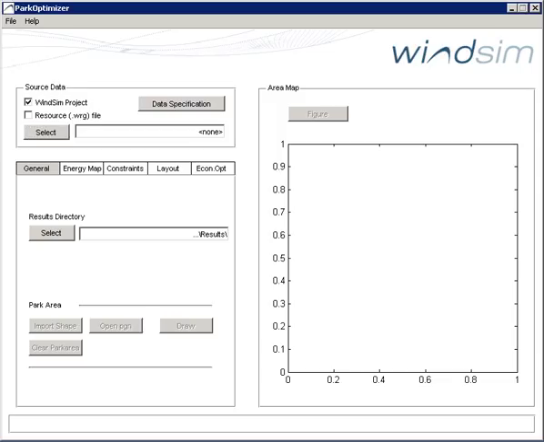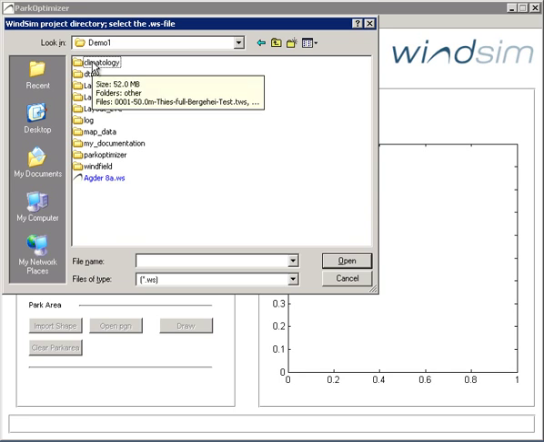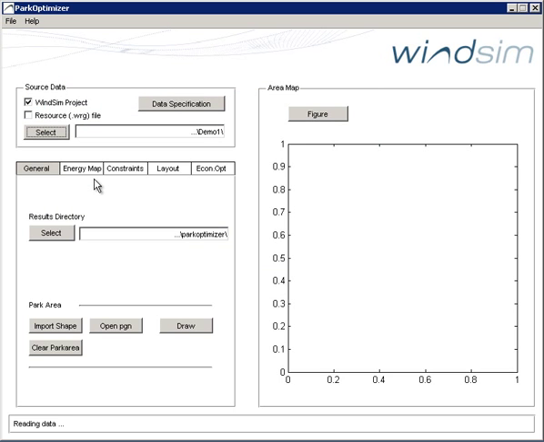Parkoptimizer uses results from WinSim CFD projects, so in order to start, we need to find an interesting project to work with. The projects are found by clicking the Select button in the menu at the top. You select the WinSim project file to open a new project. The program will now read data from the WinSim project, and the terrain will soon appear in the area map